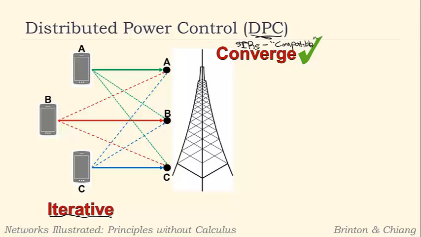for feasible. And in fact, in addition to converging to a set of power levels that will work and that will achieve these desired signal to interference ratios, they're also going to be optimal in the sense that they're the smallest power levels possible. So the reason that higher power levels are bad, just to give you an idea, is